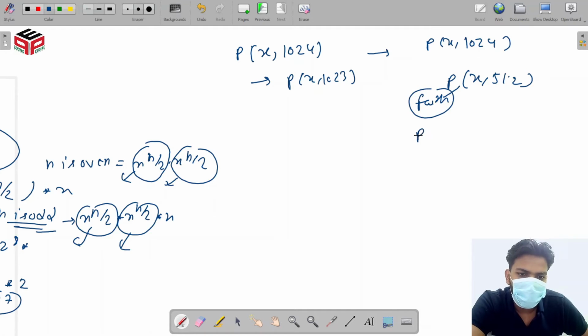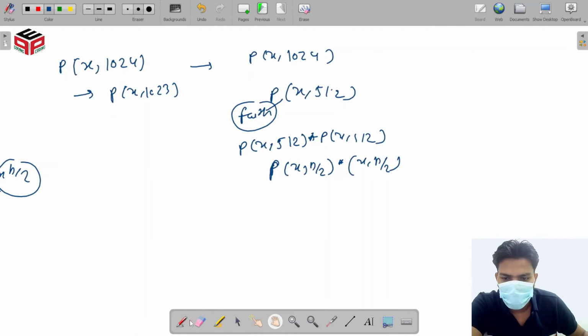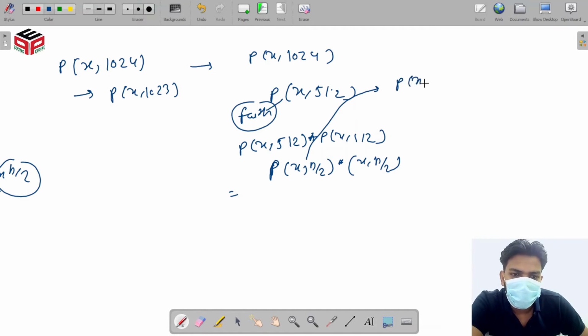And we multiply power of x comma 512 with power of x comma 512 again. So this is x comma n by 2 multiplied with x comma n by 2. We have faith on n by 2 that it will give power of x comma 512.